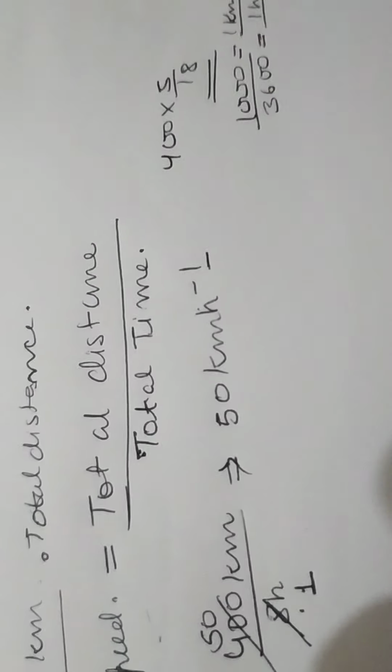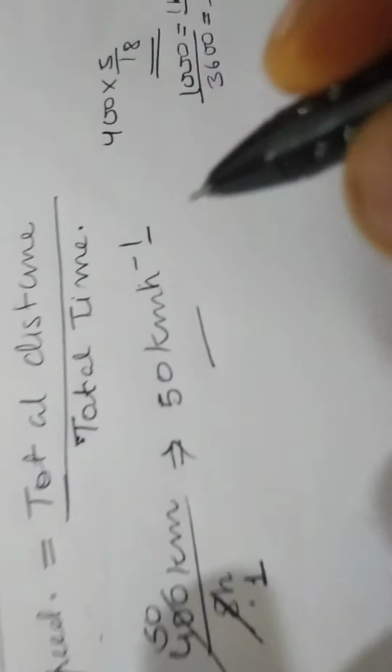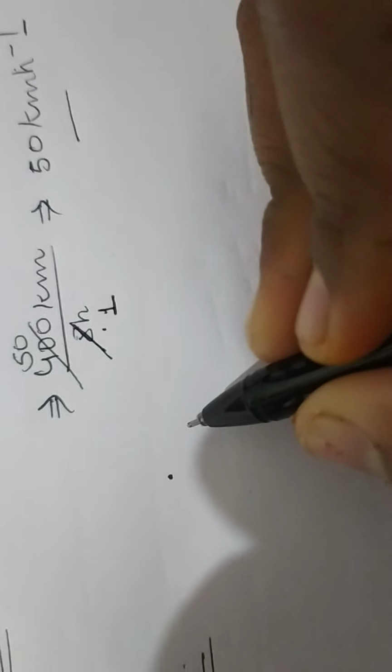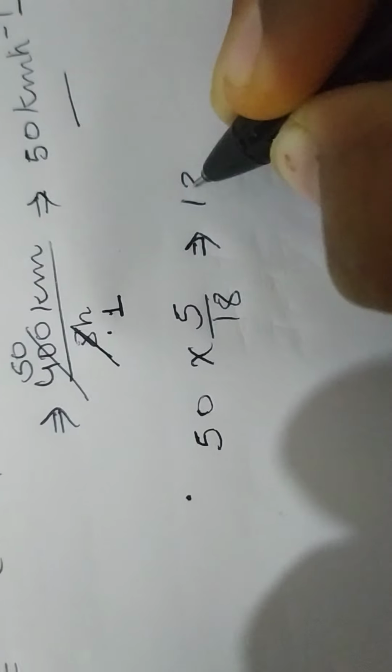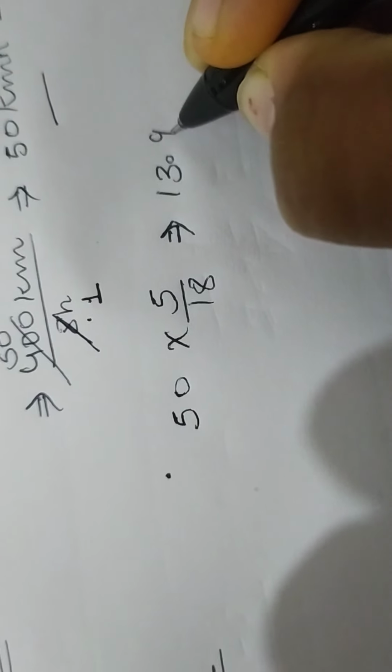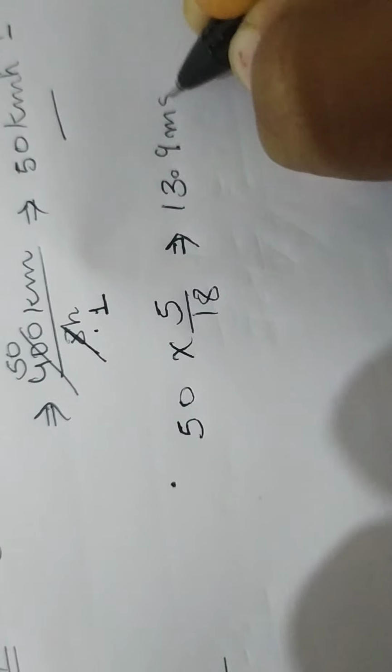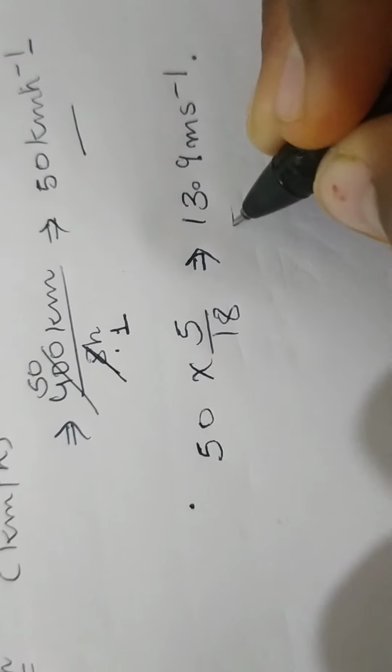Our answer came in kilometer per hour, so now we will directly convert it to meter per second. See, 50, we have 50 multiplied by 5/18 and we get our answer, 13.9 meter second minus 1. This is the average speed in meter second minus 1, and this is the average speed in kilometer per hour. And our next question is